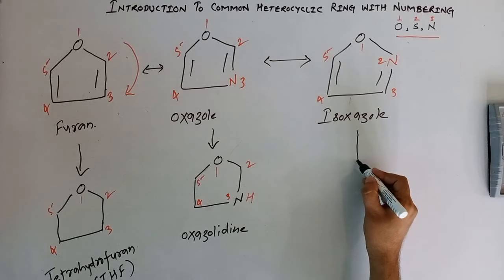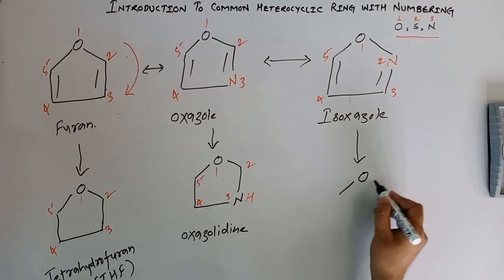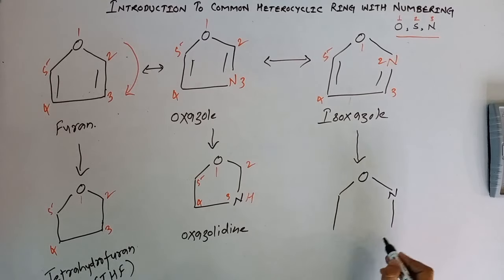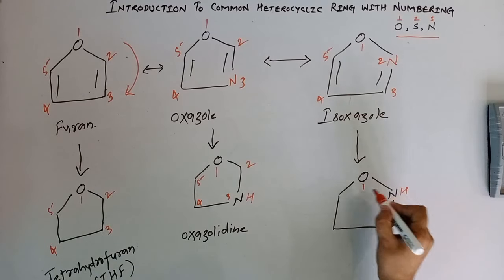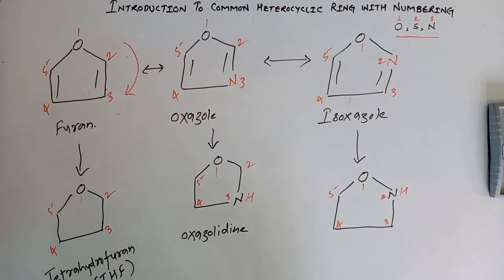Now the saturated derivative of isoxazole has a structure like this. Numbering is 1, 2, 3, 4 and 5. This structure is known by the name isoxazolidine. So these are all the important structures of oxygen containing